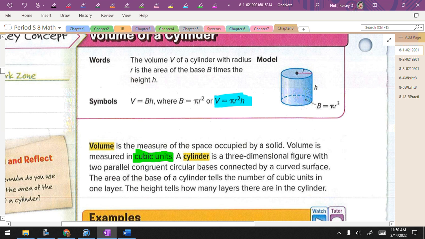So the fact I'm making you write it over and over